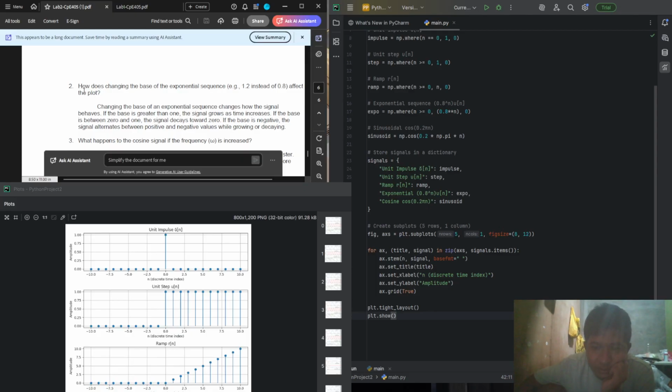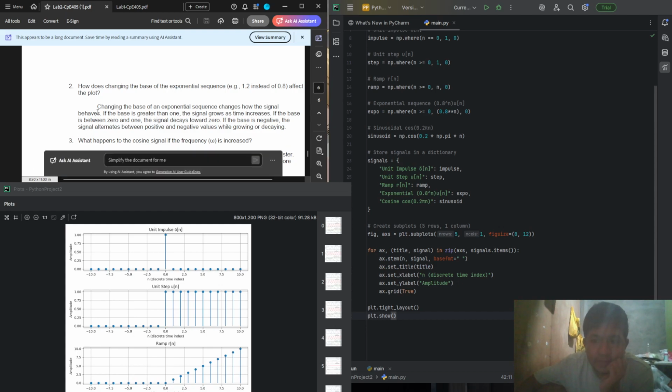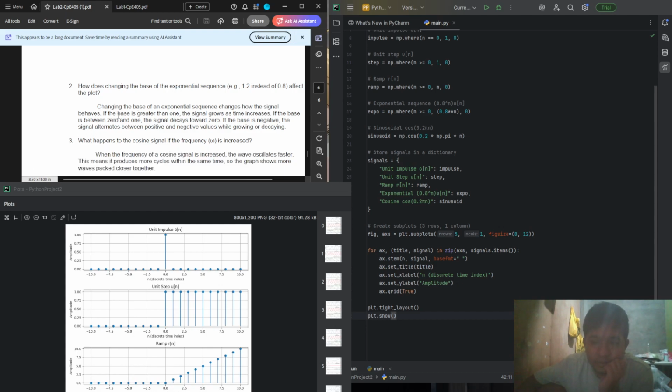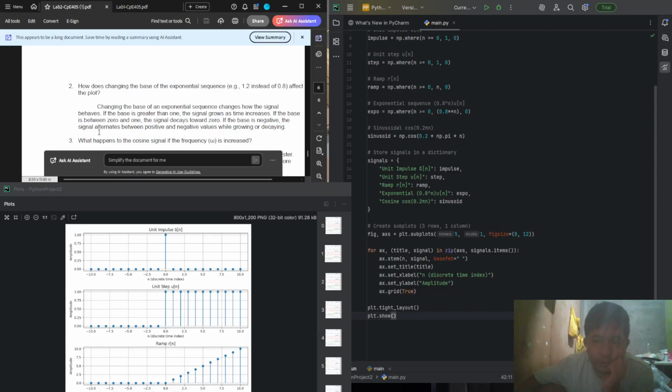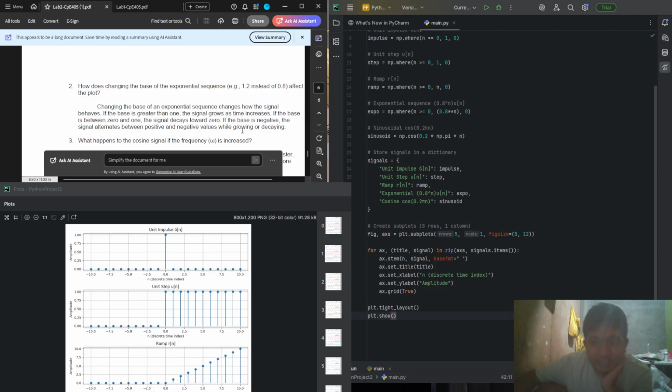Number 2: how does changing the base of the exponential sequence affect the plot? When the base is greater than 1, the signal grows as time increases. If it is less than 1, we have a decay.